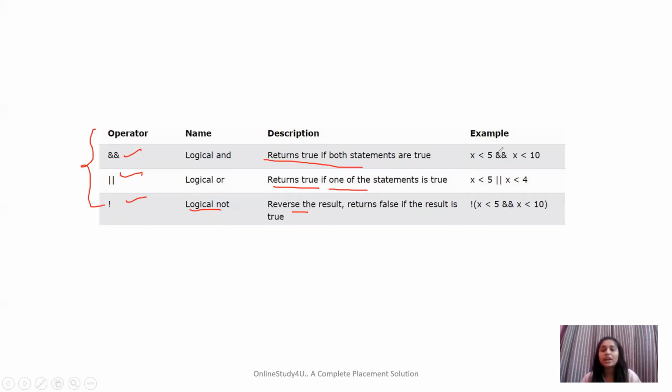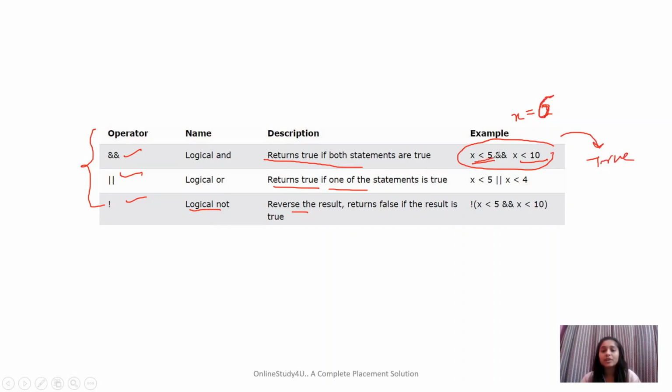For example, suppose we have x equals 2 and we have this expression. Here x is less than 5, yes, and x is less than 10, yes. Both expressions are true, so it will return true. Now, suppose I have 6 instead of 2.